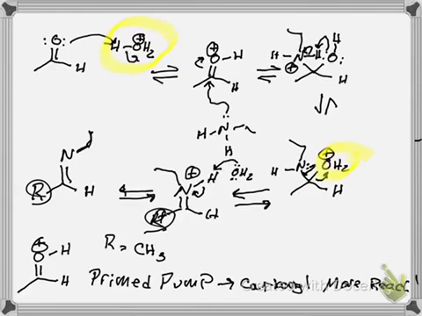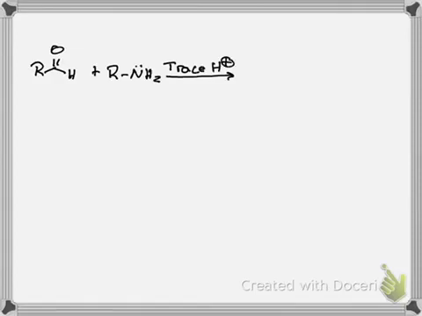Now, let's talk about how we can get this to work for you. All right. Here's how you do it. Because the entire thing is an equilibrium process, there's a few tricks you can do here. Whenever you mix your aldehyde with that primary amine, you use trace acid and ethanol,